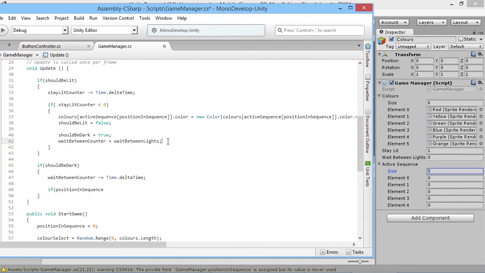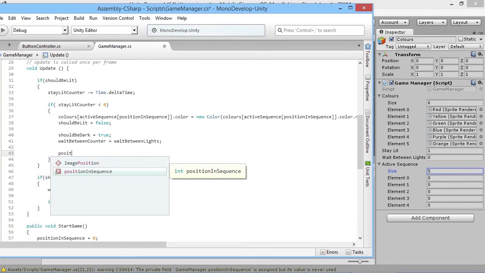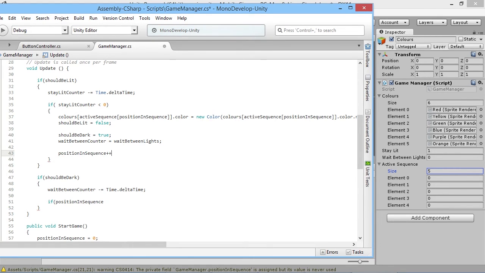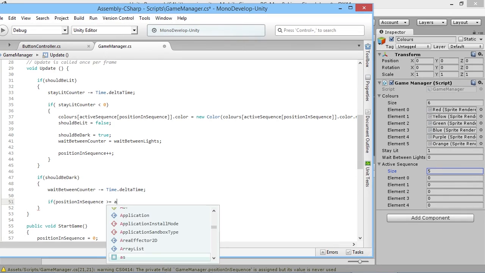So we need to add in just here, position in sequence plus plus, so it just adds 1 onto it, and then this thing will stop running, so it won't add more than 1 at any point there. So now we're checking if our position in sequence is greater than or equal to our active sequence,